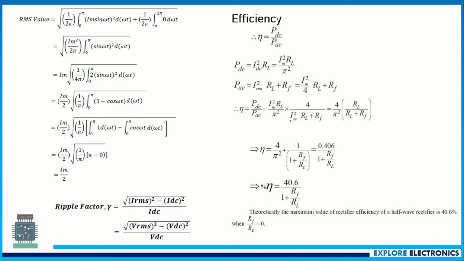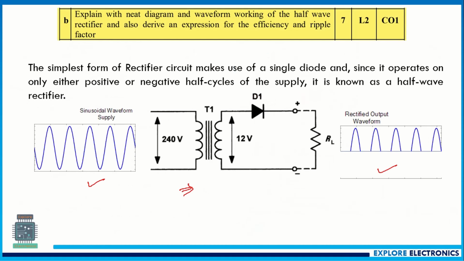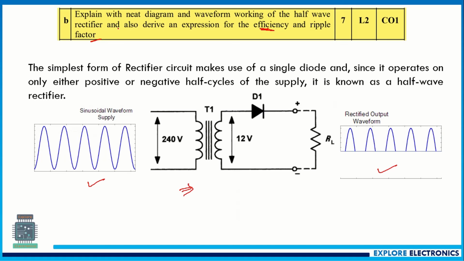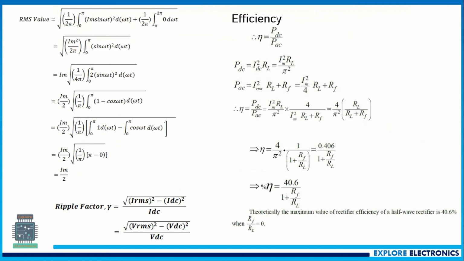And also they have asked in the question to derive the expressions for efficiency and also the ripple factor of the half wave rectifier. You can see here, this is the derivation for the efficiency. This is the derivation for the ripple factor. Here IRMS is used. So to get how the RMS value is going to be calculated, you can refer to this, or else you can neglect this part, means the RMS value calculation. You can directly go with the ripple factor